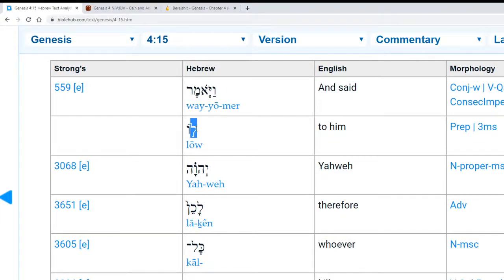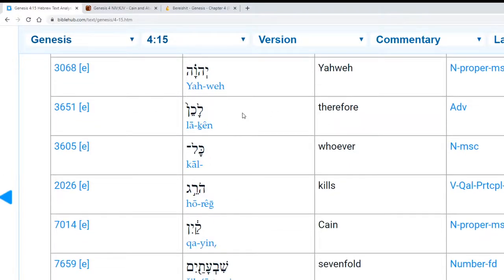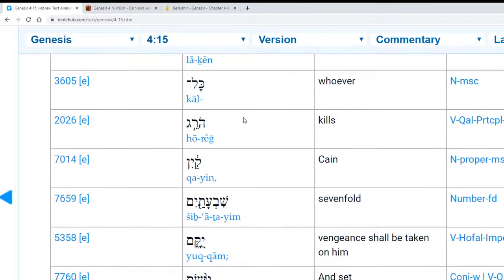The prepositional lamed, and the vav says to him. Havaya, that's the tetragrammaton. Lachen, so therefore. I guess this is the prepositional lamed with the chen, right? Yes, therefore, thus. Lachen,